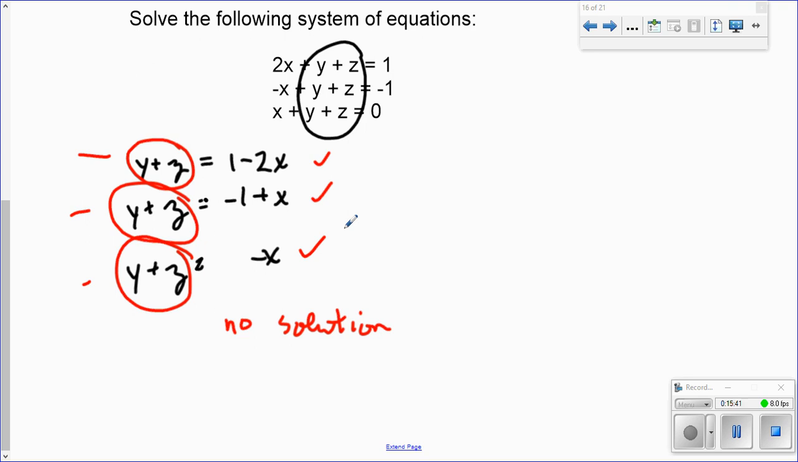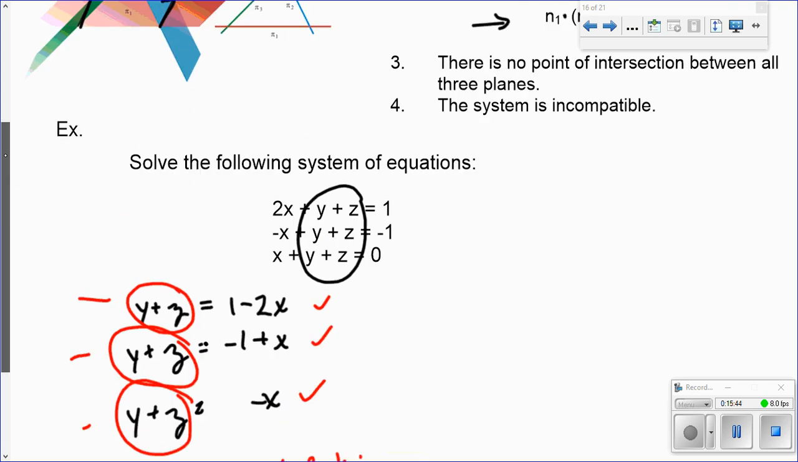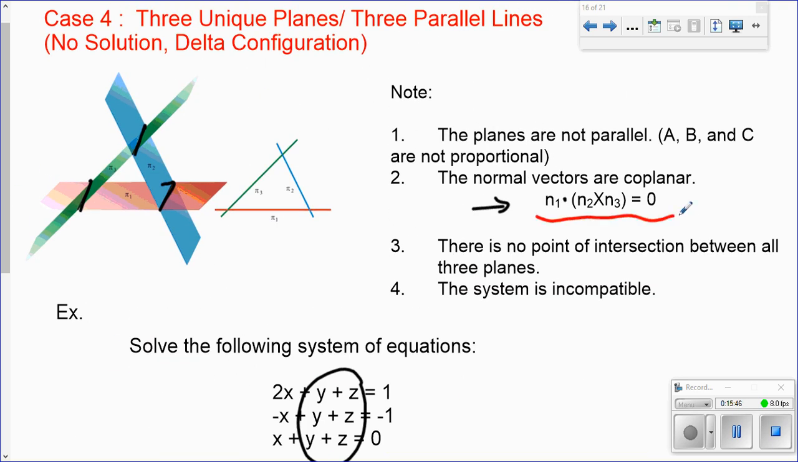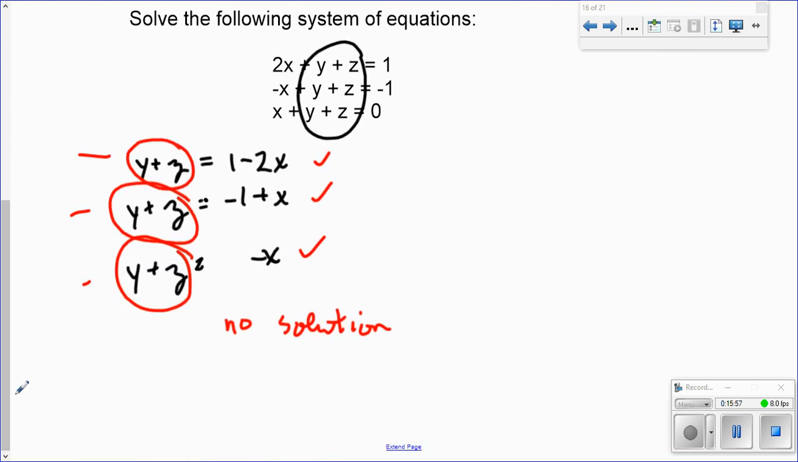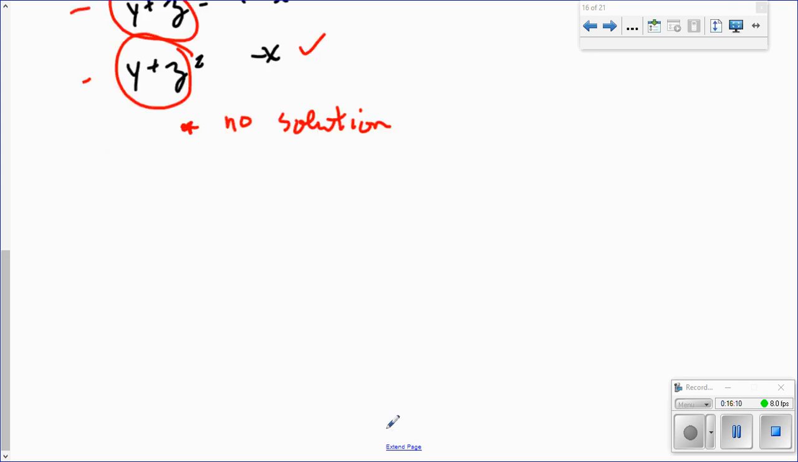And if I actually did this step here, so I identify my normals, take the cross product of any two, dot it with the third one, and get 0, I'd realize that it was an inconsistent system. Now I know a lot of students don't like this, so I could stop right here and identify the fact that this is not going to lead to a common solution, but if I did it a little differently, I'm just going to finish this one off by taking a look at plane 1 and